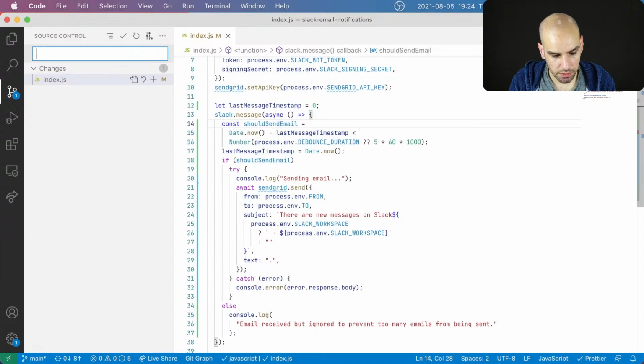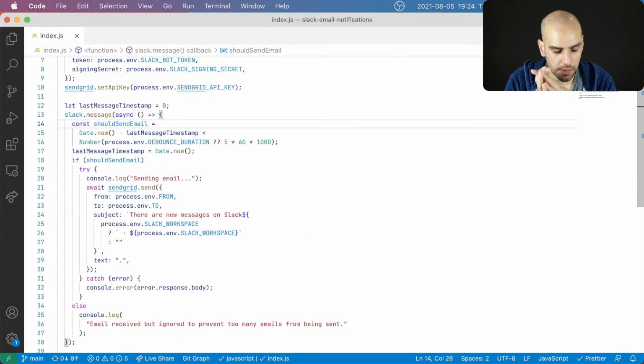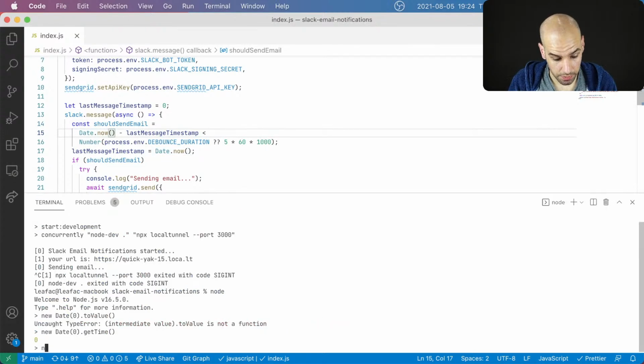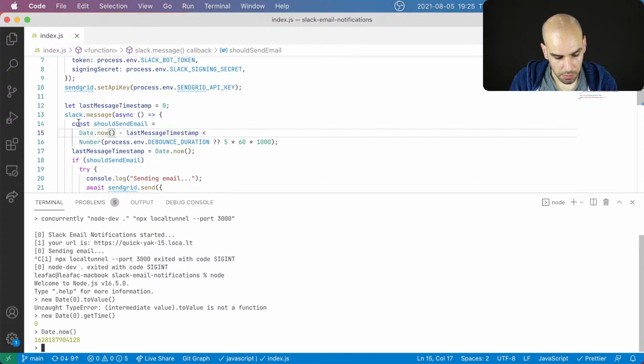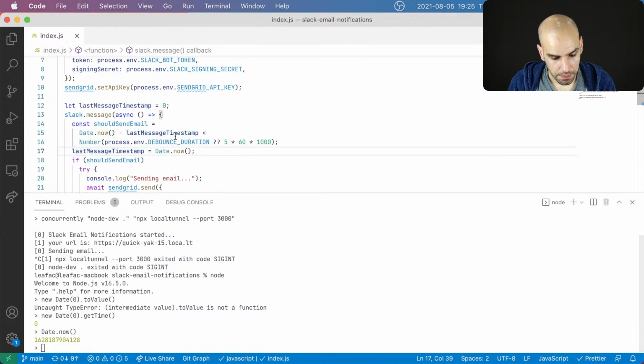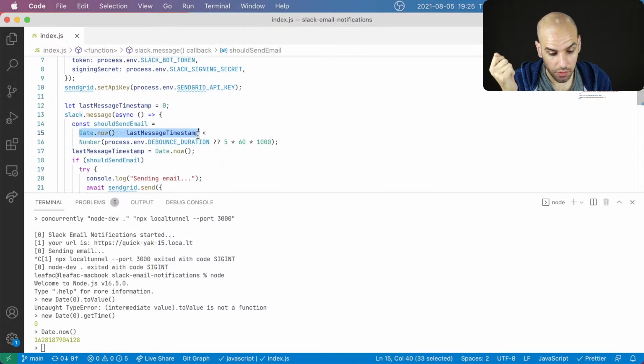I'll commit what I have, and then let's check the logic. So this Date.now will be something like a timestamp of now, a big number like this. And to begin with, we'll subtract 0 from that. All right. So that gives me the amount of time that has passed since the last message was sent.